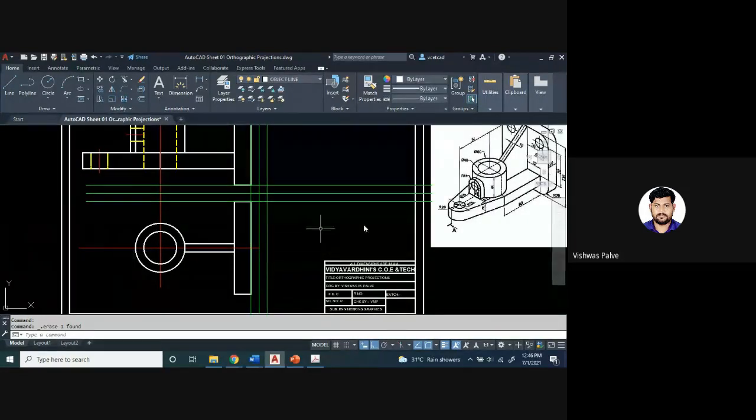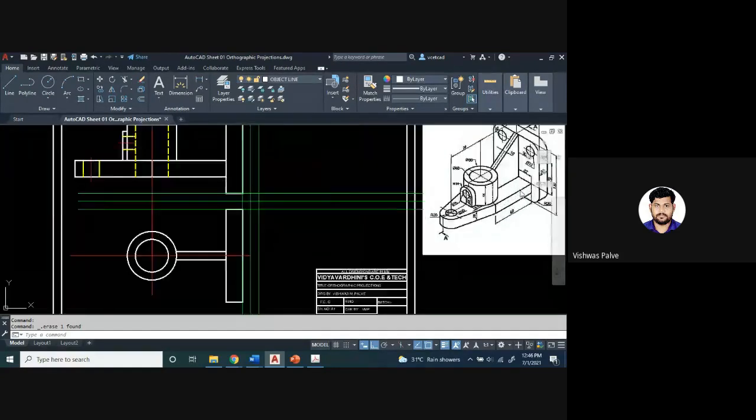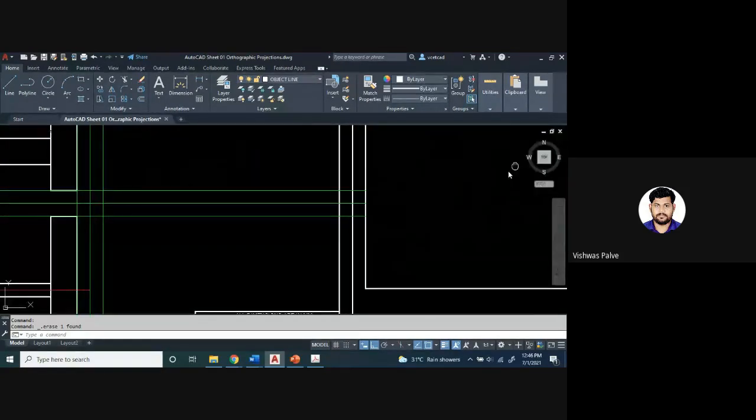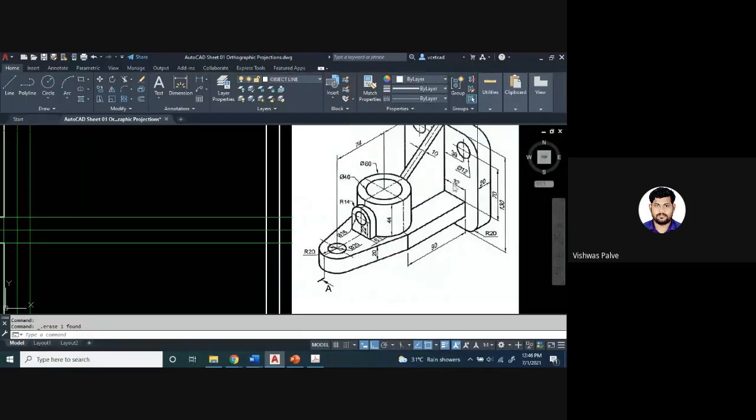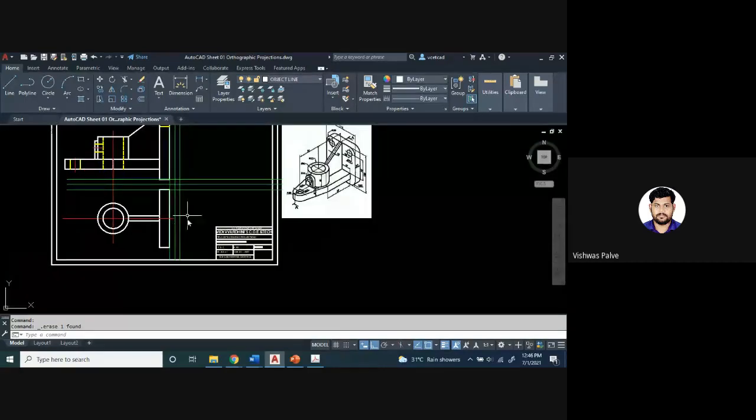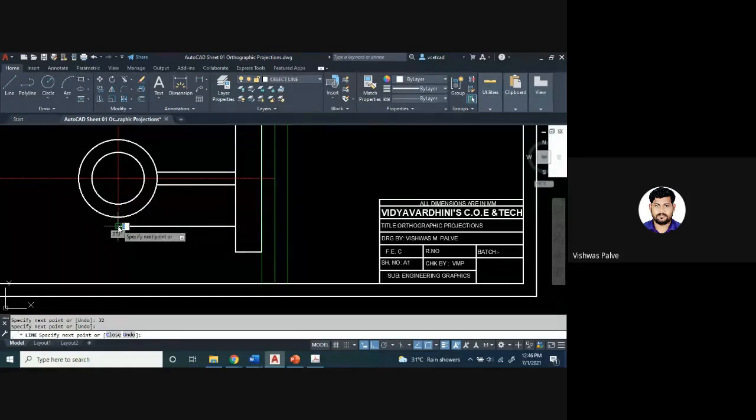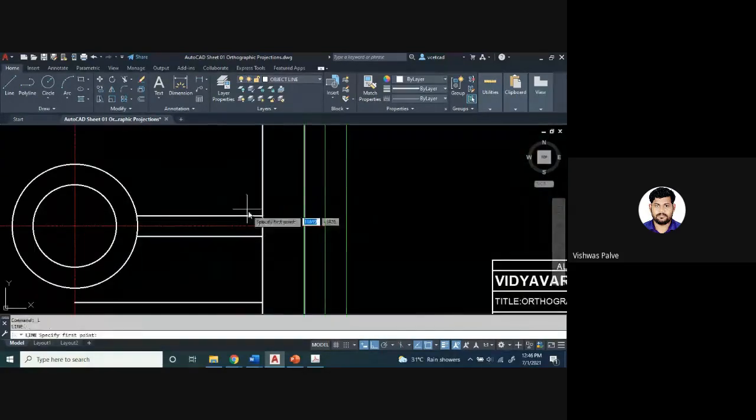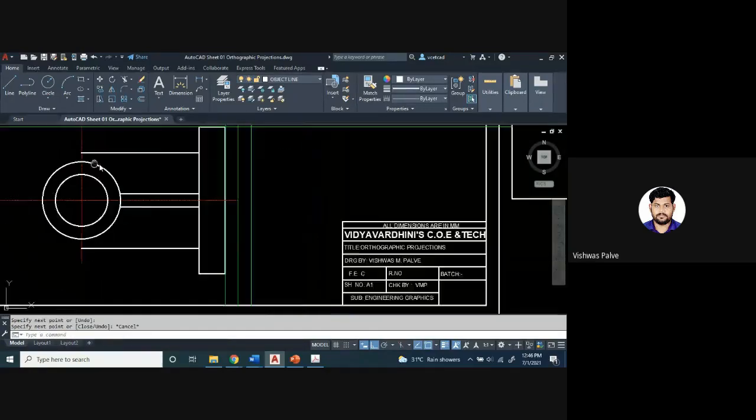Then this outer border, 32 millimeter from this side. You can see this 32 millimeter. So on the other side also it will be at a distance of 32 millimeter. So we can directly take it with dimension 32 millimeter. Draw a straight line. Same thing on the other side. L enter from this point, 32 millimeter, and connect it straight.